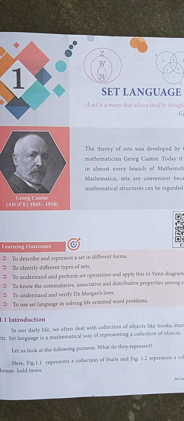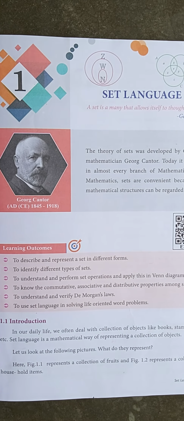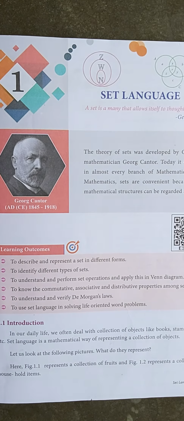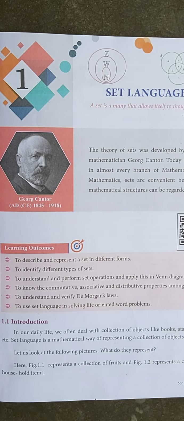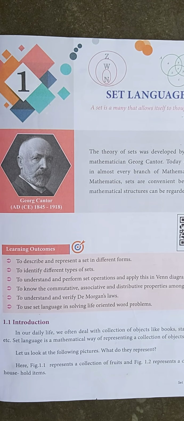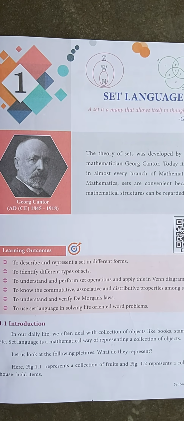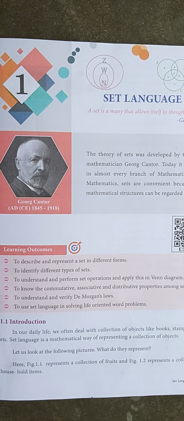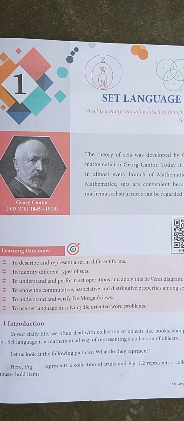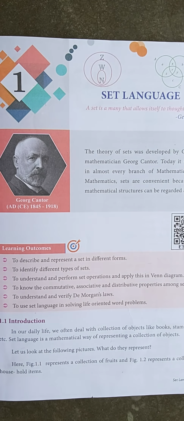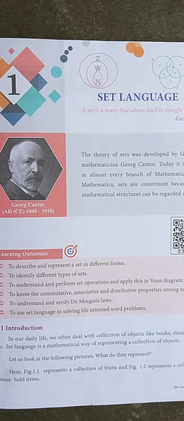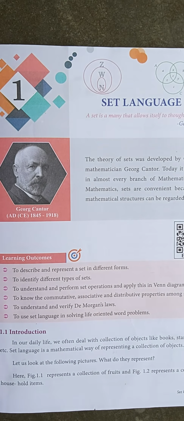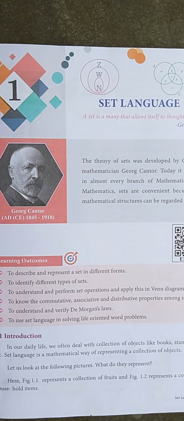Okay. Today you are going to learn about set operations. Set operations means two or more sets combined together to form one set. Under the given conditions, operations on sets can be carried out. Two or more sets you combine together to form one set. First one is complement of a set.